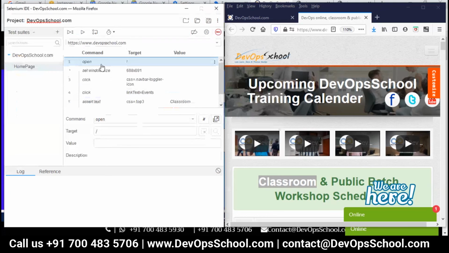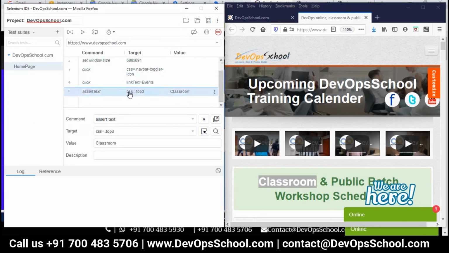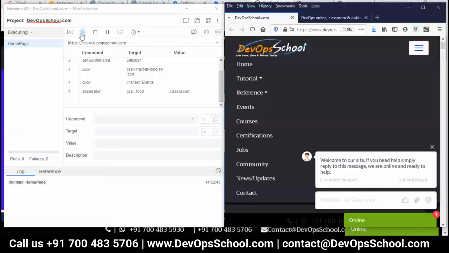Now what you want to do, see here. You want to open up devopsschool.com with this size. Click on this event nav bar and check that in the CSS top 3 you have a classroom or not. Okay, let's check it out. I need to check whether the target CSS equals .top3 is there or not. I'm doubting, but still I'll just run it because I had clicked on something else by that moment. Let's do this.